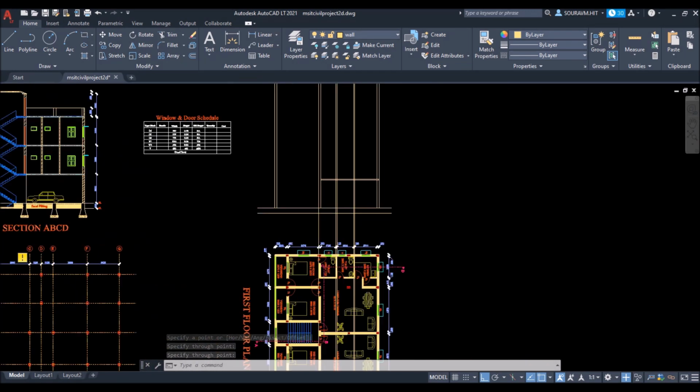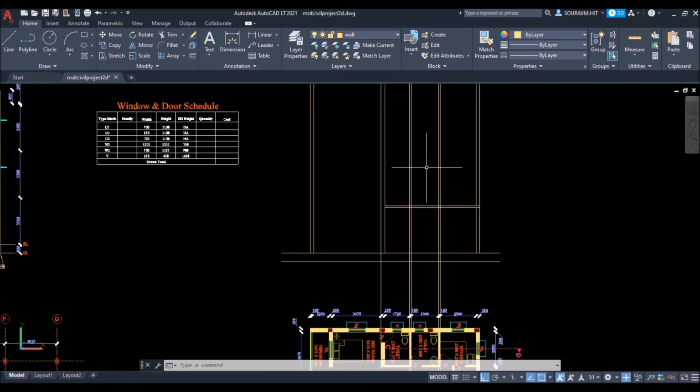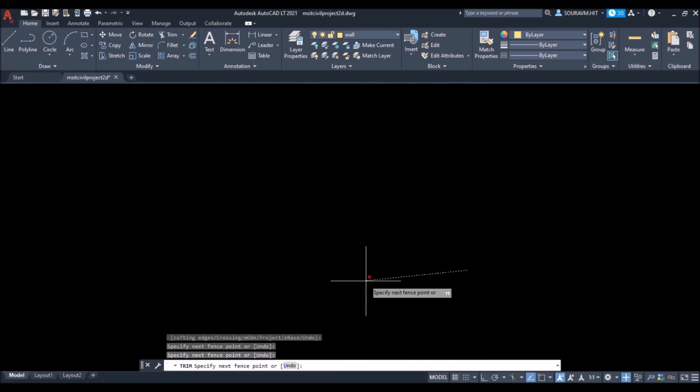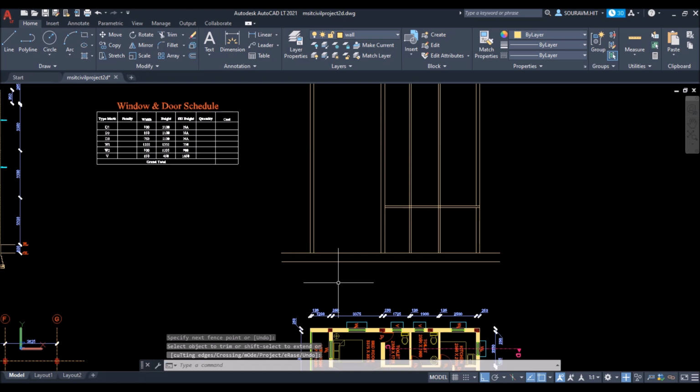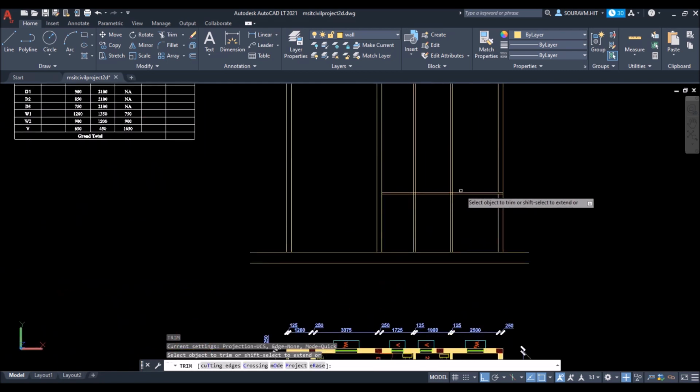Now I'll trim and extend a few lines. So type TR and press enter. Click on cutting edge. Select this line as the cutting edge and then select the lines as shown to trim. Right click to exit. Type TR and press enter again and trim the lines as shown in the basement.